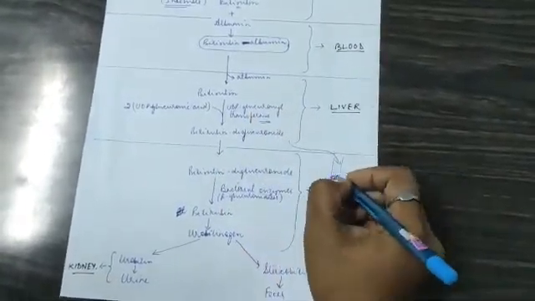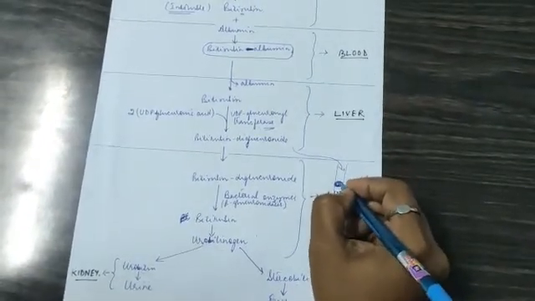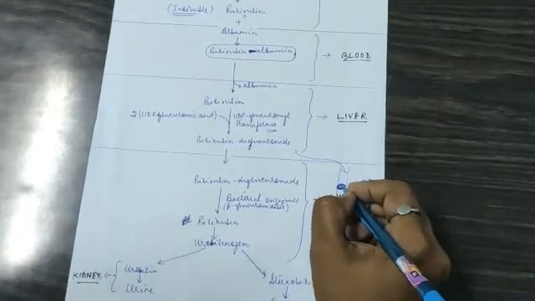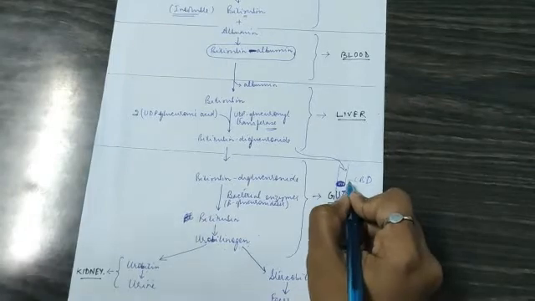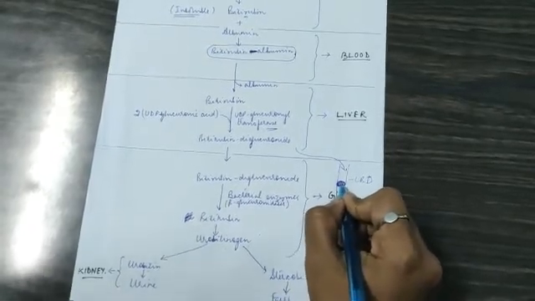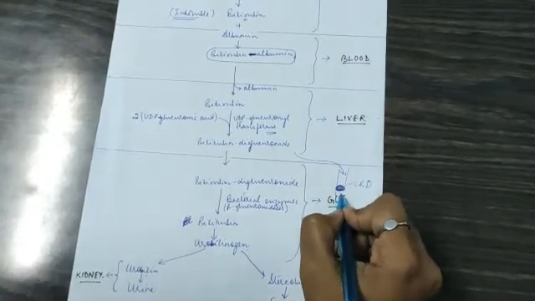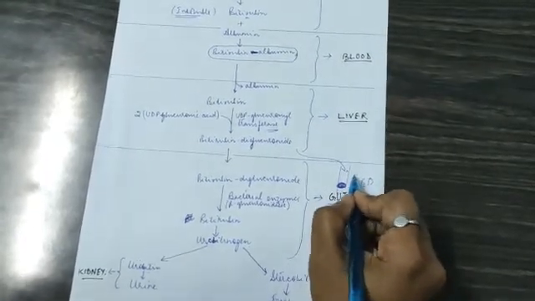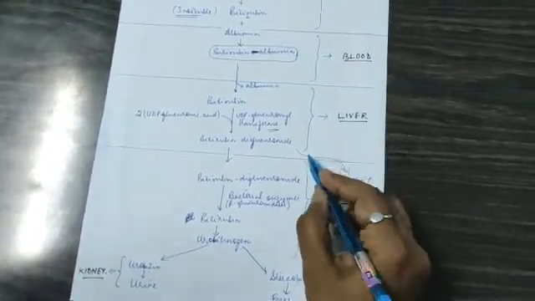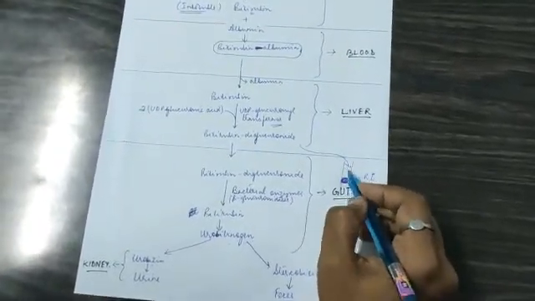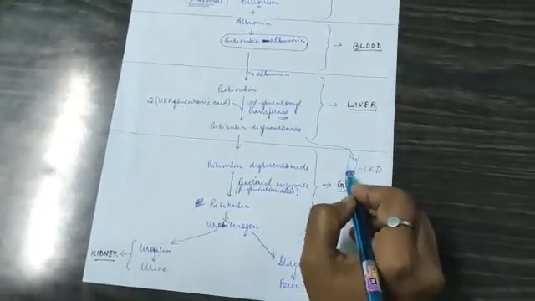So in post-hepatic jaundice, the cause lies here. Such causes are any blockage here. The blockage may be due to a tumor in the common bile duct, or there may be a stricture here, or there may be a carcinoma of the head of pancreas which will compress here, not allowing the bilirubin to come down. So any blockage in the common bile duct will give rise to post-hepatic jaundice and conjugated hyperbilirubinemia, because the bilirubin will be conjugated but it cannot come down the normal pathway. So the cause of post-hepatic jaundice is blockade.